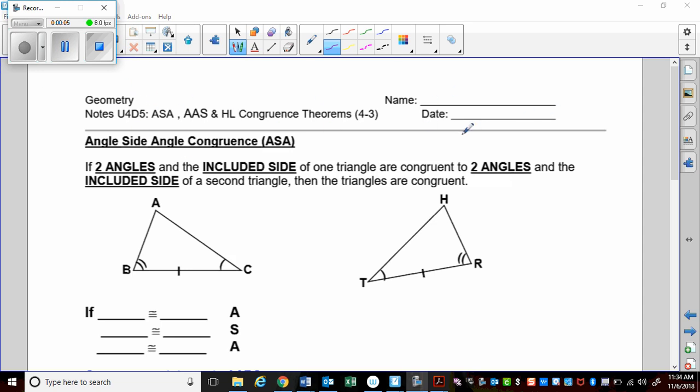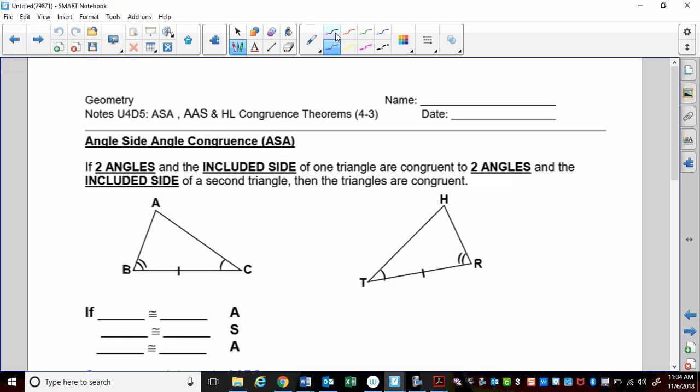We're going to go over the other 3 ways to prove triangles are congruent. This one is angle, side, angle. Remember, we need at least 3 colors. So this is angle. There has to be 2 angles, and then the side that's in between the 2 angles. So this order does matter. The included side. So if maybe B is equal to R,